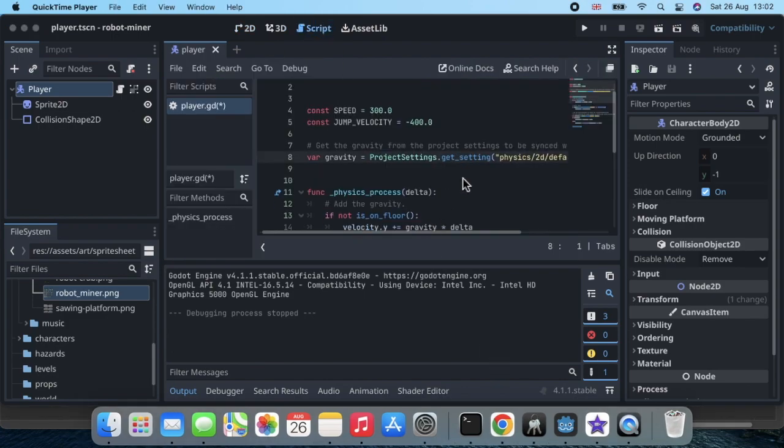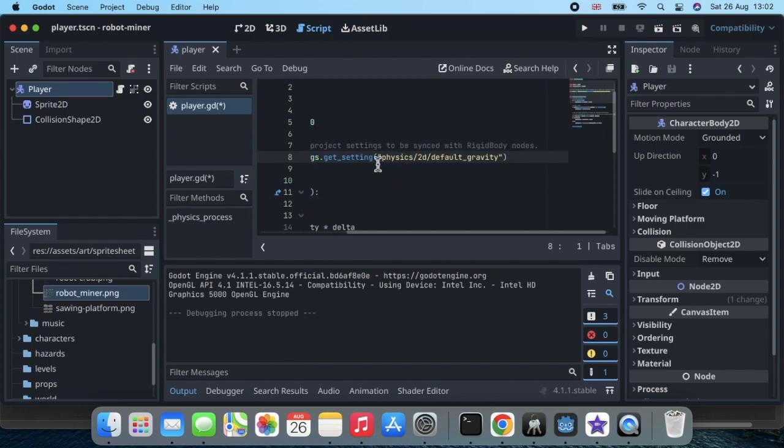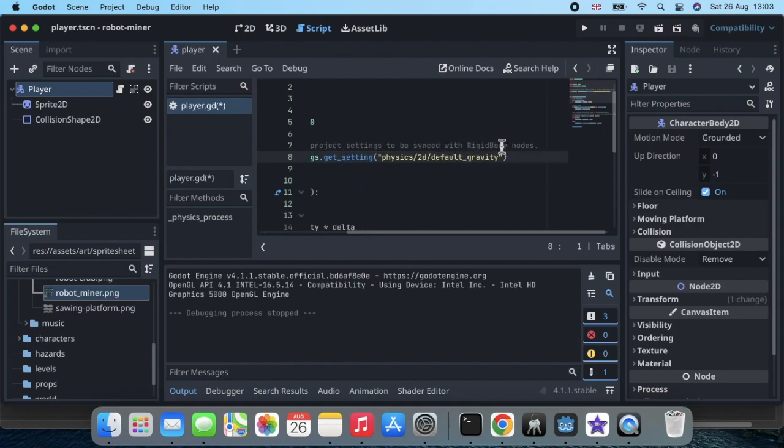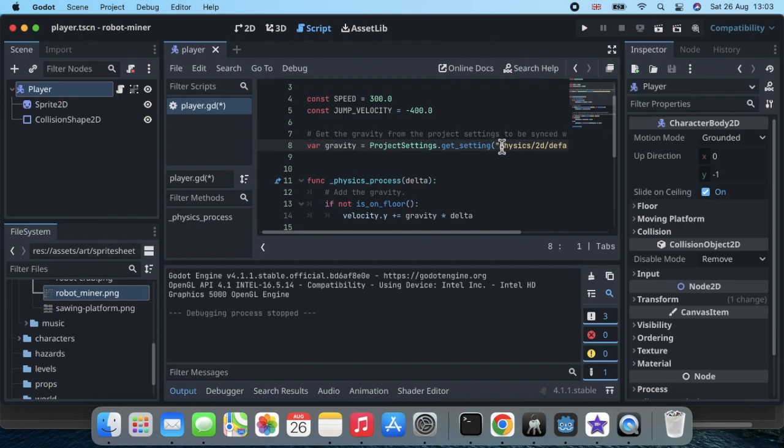What I'm going to do here just briefly is I'm going to set gravity to 0. So I've got my cursor at the beginning of line 8, where it defines the gravity variable. VAR gravity equals project settings.get setting, and then it gets the gravity out of the project settings. So we've been in project settings before. That's where we can change our gravity. Just going to put a little hash sign or pound sign at the beginning of that line, because that is what makes Godot ignore what we've written. So if I put my little pound sign in,